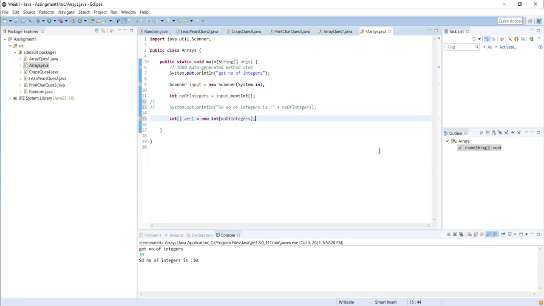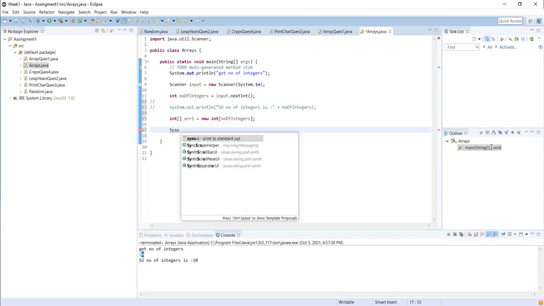So I have an integer array. To allocate the memory, I write int numberOfIntegers. If I enter the number of integers as 10, then my array can store 10 elements.